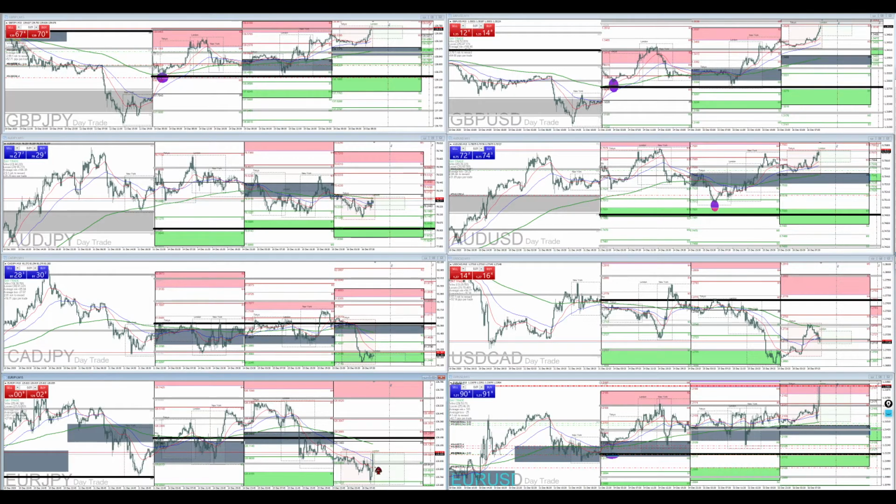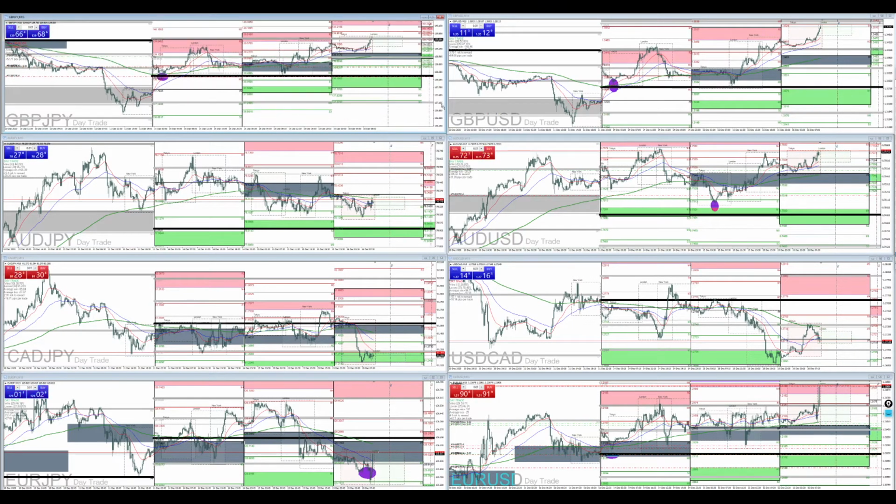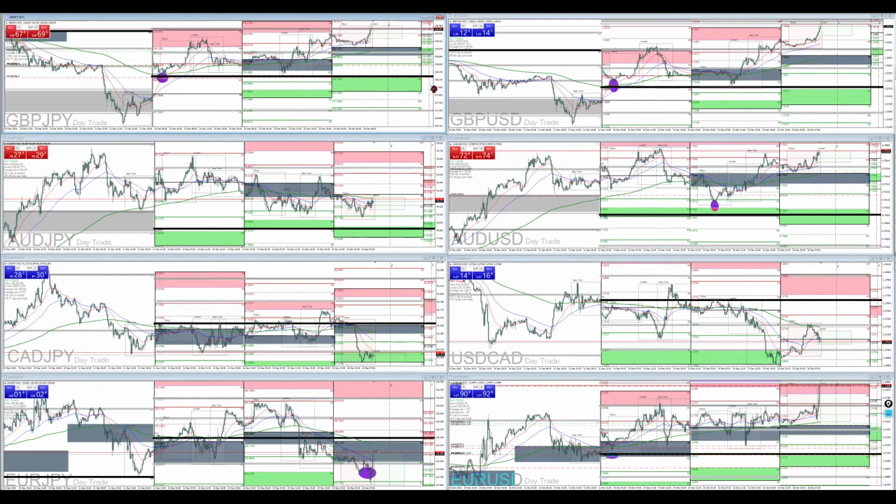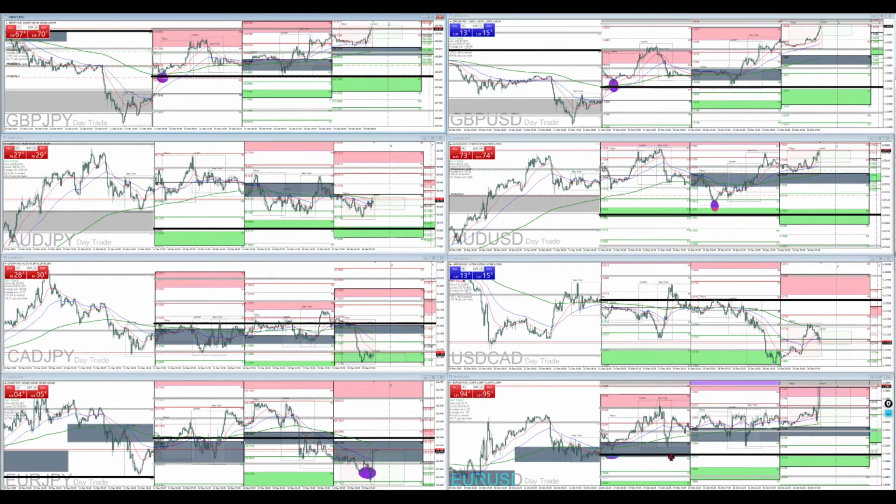This might be a trade setup here for the euro yen, so let me set that up. Okay. All right, so